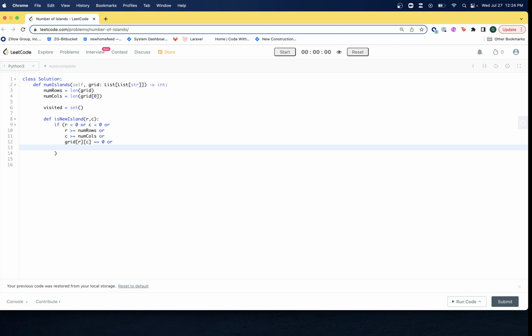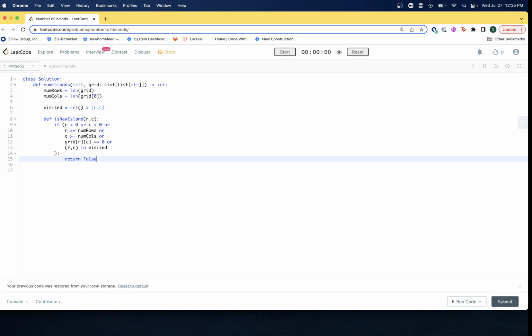In our visited set, we're going to keep coordinates RC, and that means we've seen the coordinates before. We visited this row and this column, so RC in visited. Then if any of those are true, we want to return false,